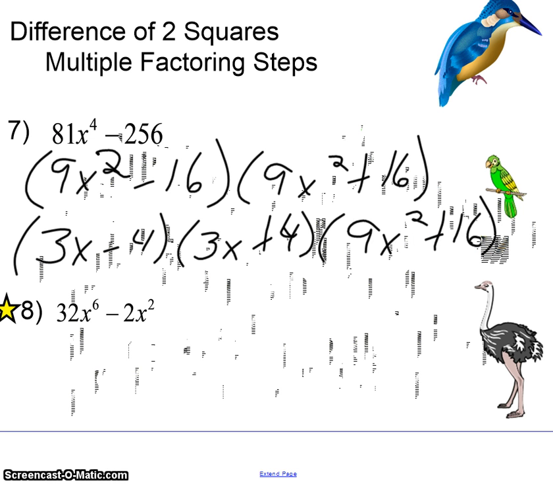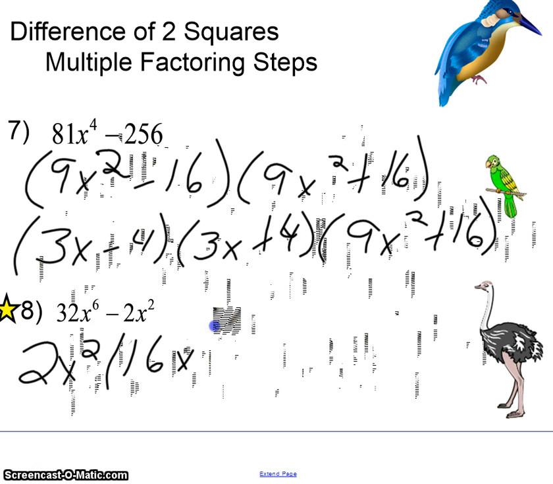All right, problem 8 is a GCF first. Anytime you can find a GCF, always pull out the GCF first. So I'm going to divide 2x to the second out of both of those two terms. And 32x to the sixth divided by 2x squared is 16x to the fourth. Negative 2x to the second. All right, so now inside the parentheses, I've got the different